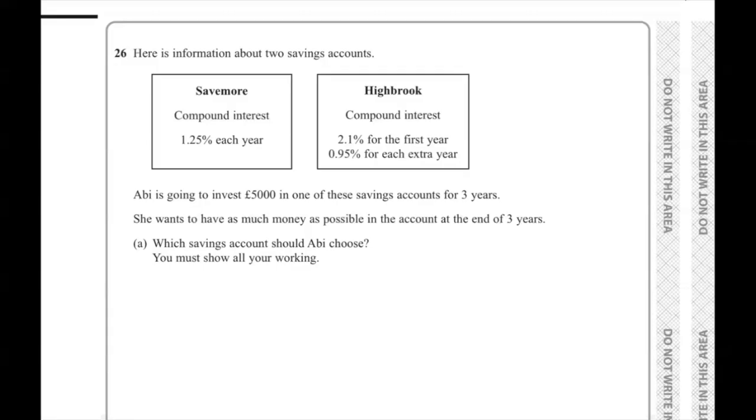Okay, we've got a percent question, so tick. And then we have got compound interest. Now, compound interest is an increase. So we've got our second tick, and it's also a period of time. So we've got this extra information as well. It's going to be original times multiplier equals result. So we'll do save more first. We've got our original of 5,000. We will be timesing that through by